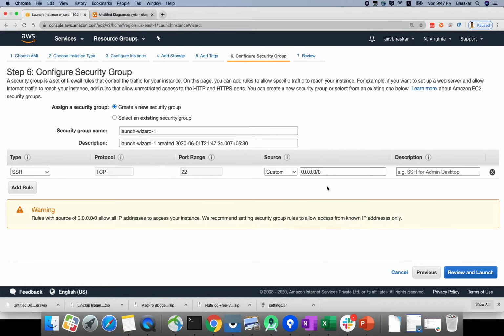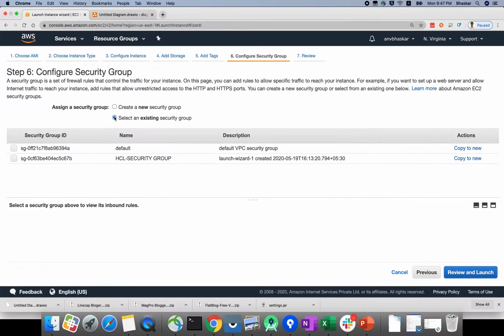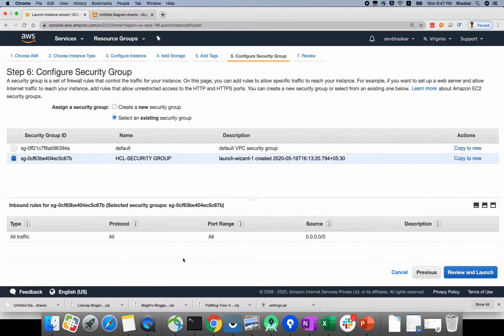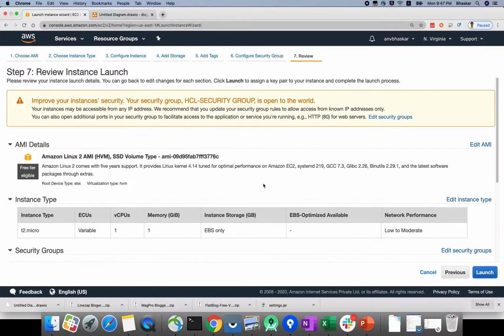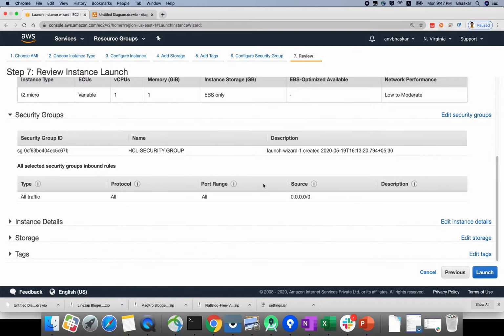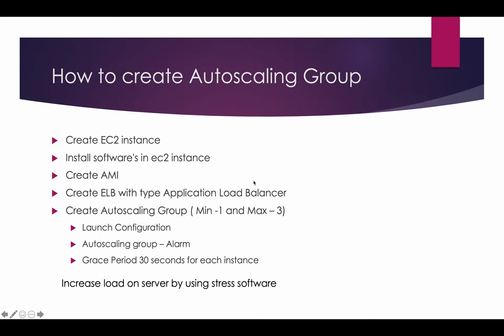Click security group. I'm using the existing security group HCL, which by default allows all the traffic. Review and launch. Now the first step we are doing is EC2 with user data. If you go to the PPT, EC2 is ready and software is installed, these two actions we are performing.